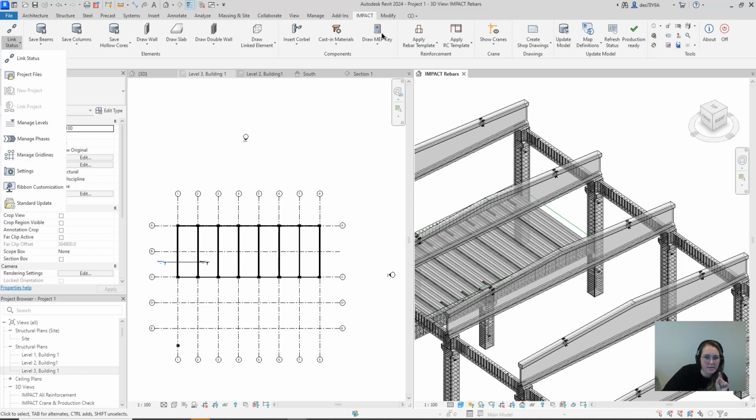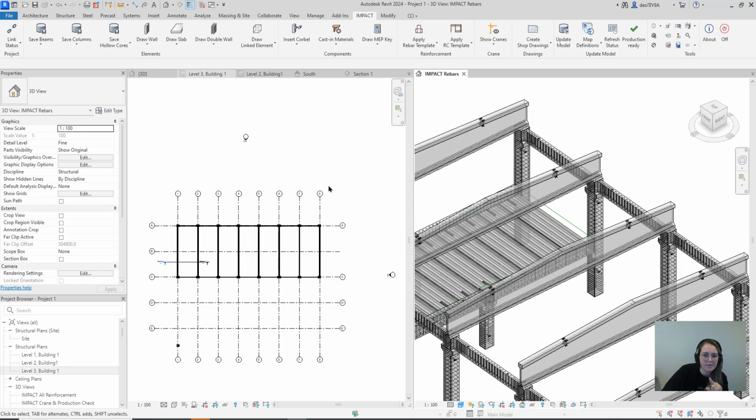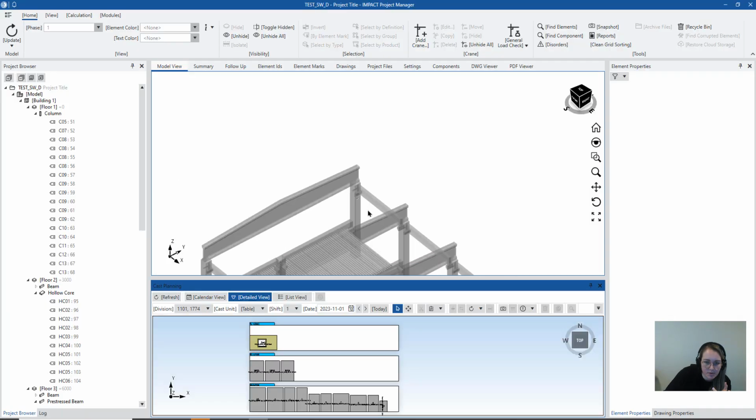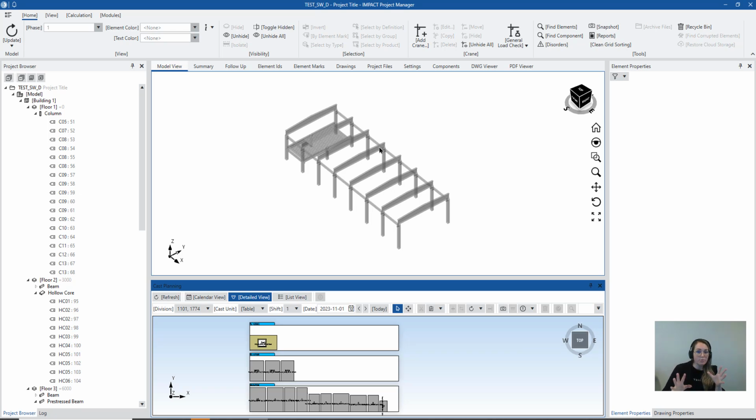It's a project setting. So if you go into Impact, you can see "export elements to IFC while saving." So while saving the element, Impact is going to make an IFC file of the element. And later on, you can go and preview it, find it in the project folder, or you can use it when working with Project Manager, which is a powerful tool for designing in